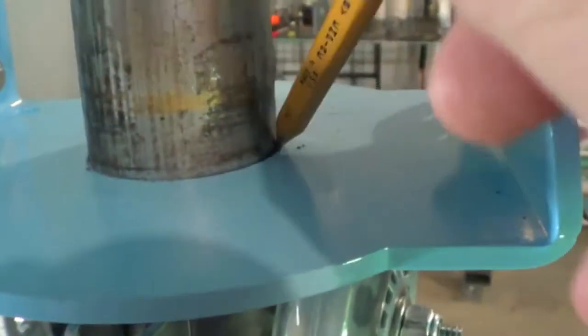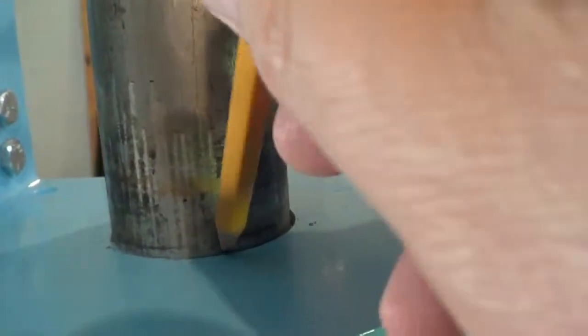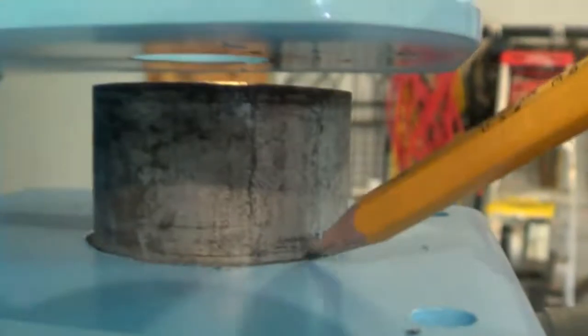Yeah, I'd say she'll be fine. Oh, and then on top of it, maybe a little grease. But on top of it, I love the fact that the tolerancing is pretty tight on that, on both of these holes. I like that around it,